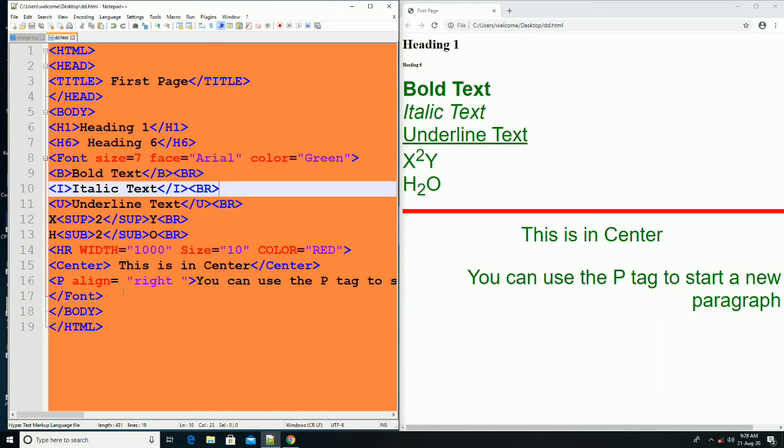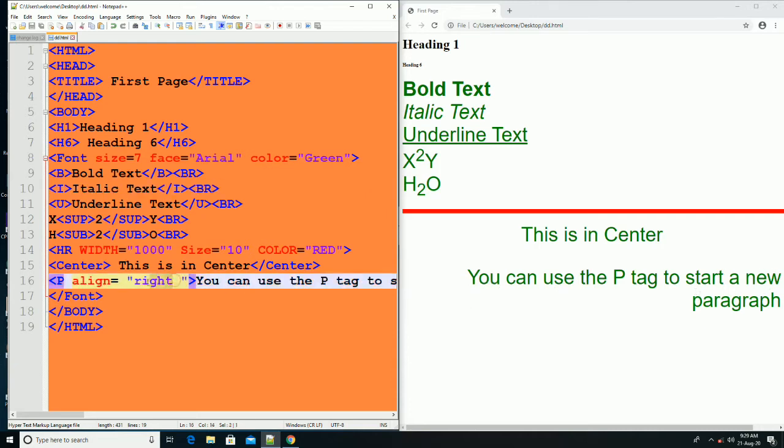So you can use the align attribute. By default the P tag is left aligned. If you want right, you can use the align attribute with right, or if you want center or justify, you can use the align attribute with justify. So here you can see the right align, so your paragraph is actually right aligned.